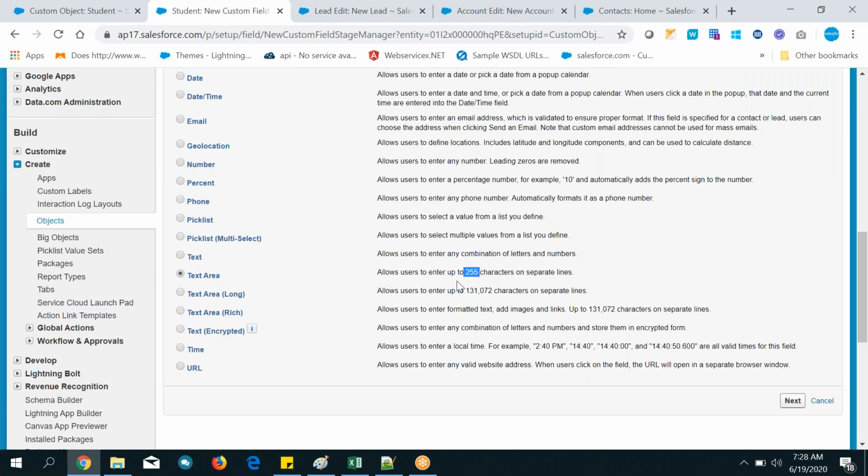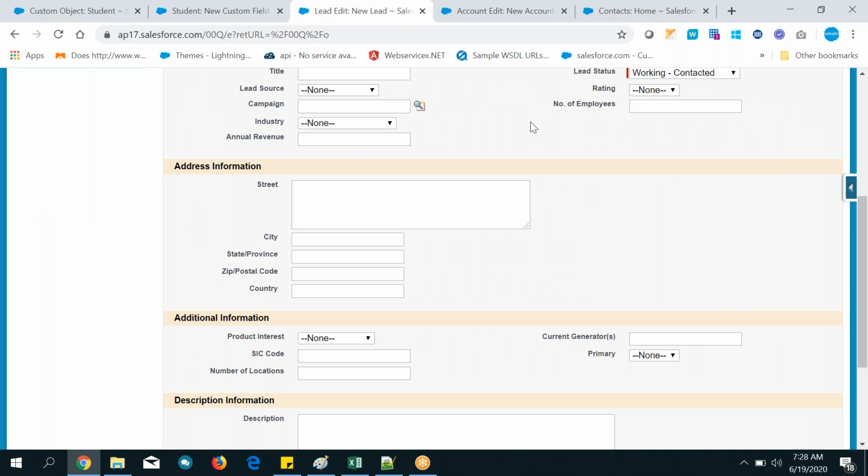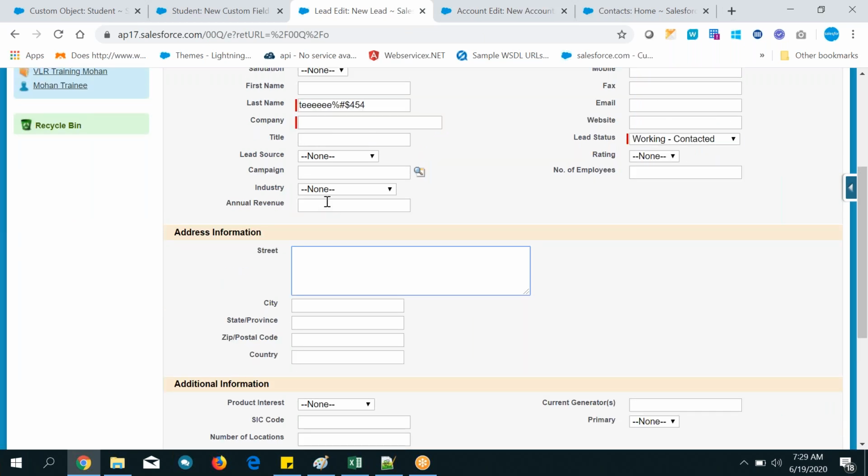And maximum how many characters, how many letters can you enter in text and text area? Only 255 characters you can enter, where a character is a single letter. Here also you can enter only 255 characters, and here also only 255 characters. What is a character? See here, A, B, C. How many characters here? 3 characters. I have added one more, 4 characters, 5, 6, 7, like that.